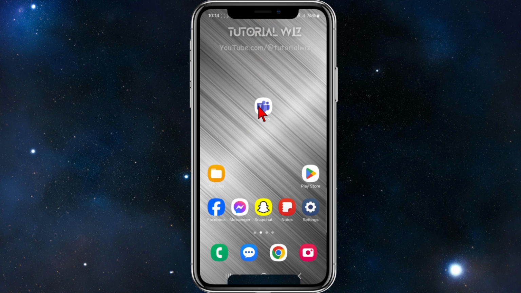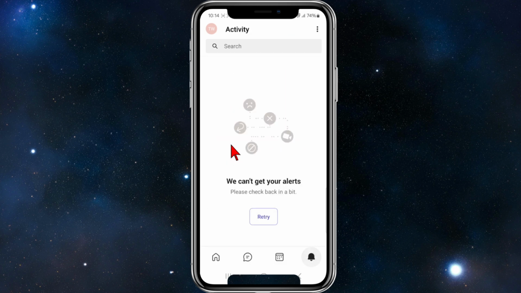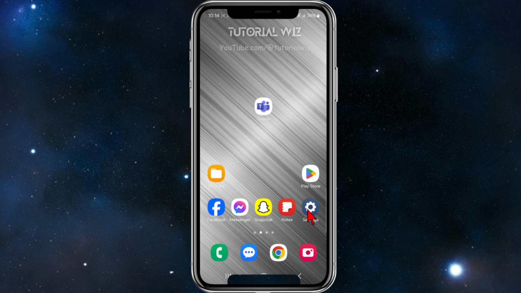Okay, so I'm going to open up Microsoft Teams and show you the font size inside Microsoft Teams. So it's currently set to about that size. So now, in order to make this larger, what we need to do is head back and then click into